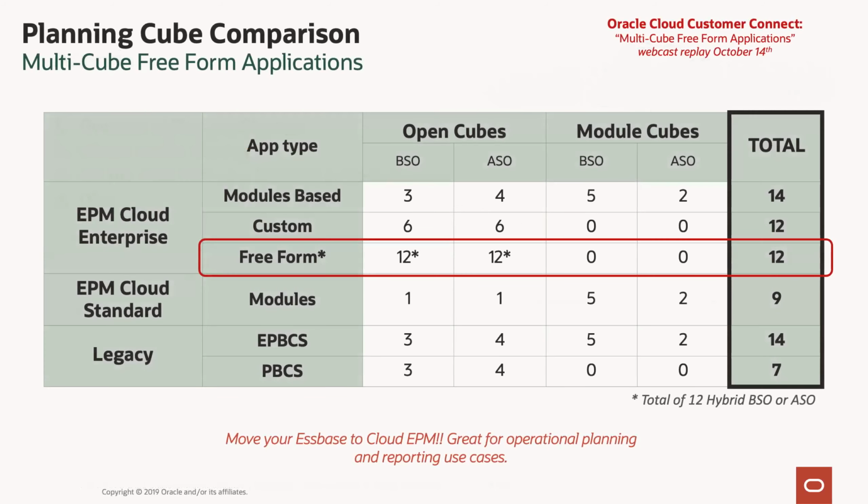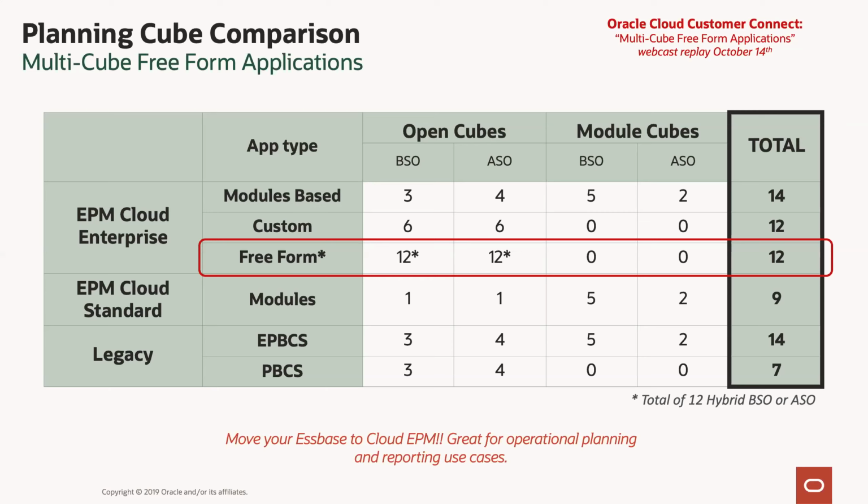So first off, hopefully you guys are all aware of this. This is something we've been talking about for a while, but now our FreeForm applications, which is an application type specific to the Enterprise EPM Cloud planning processes, support multiple cubes. Previously, a FreeForm application only supported one cube, which is great. FreeForm applications have wonderful use cases that allow you to deal with larger data, larger dimensionality, more members and dimensions. It removes some of the overhead of a planning application where you may not necessarily need some of the entity dimensions, or you might not need specific account dimensions or things of that nature.